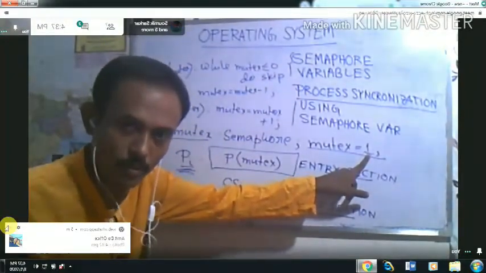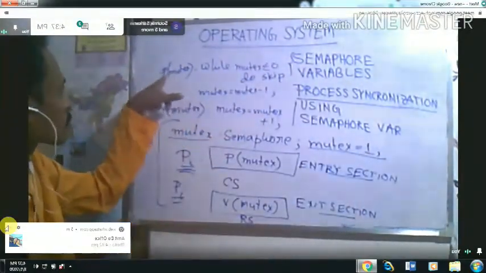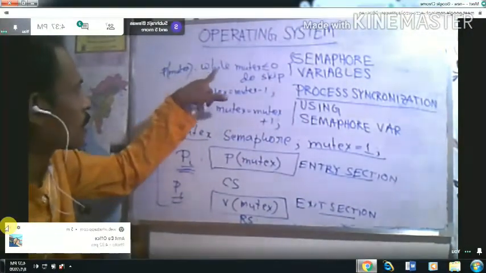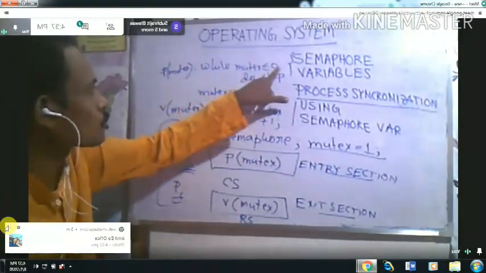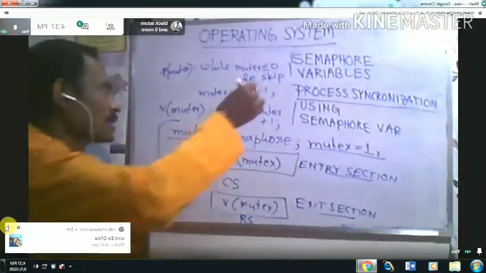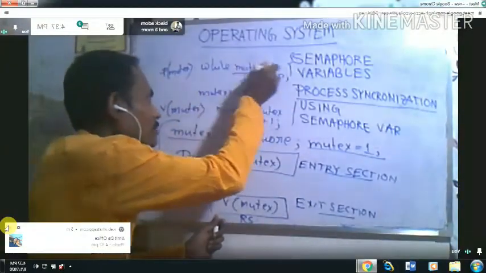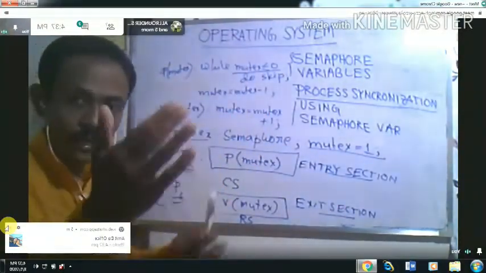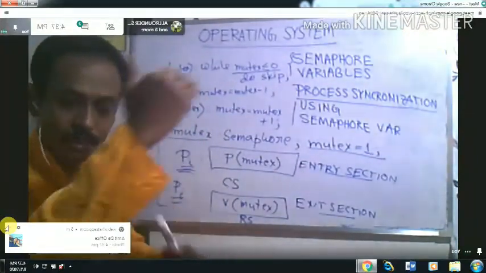So according to the P operation, what will happen? While mutex less than equals to 0, do skip. That means if the mutex value is less than equals to 0, then you cannot exit from the while loop.